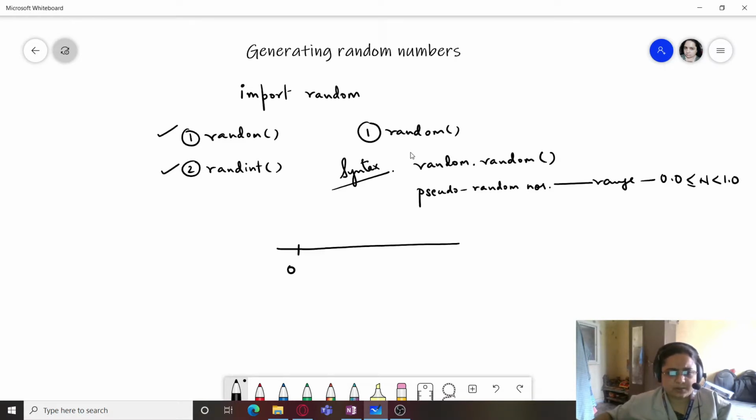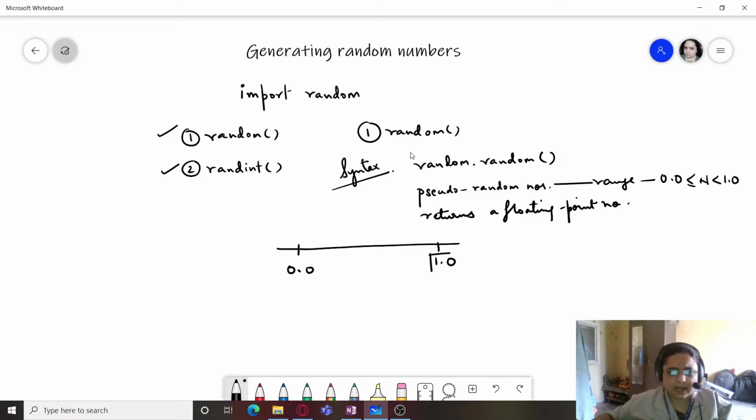If we have 0.0 and we have 1.0, and we convert them into integer form, it would be 0 to 1, but the random function always returns a floating point number, and hence we started from 0.0 and ended at 1.0.